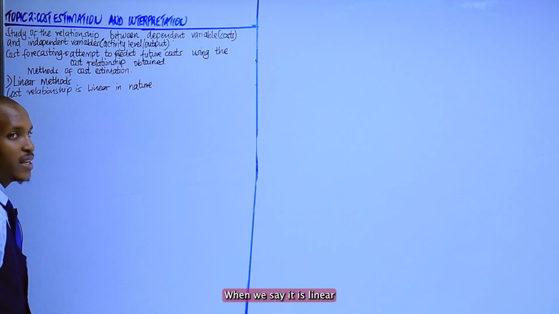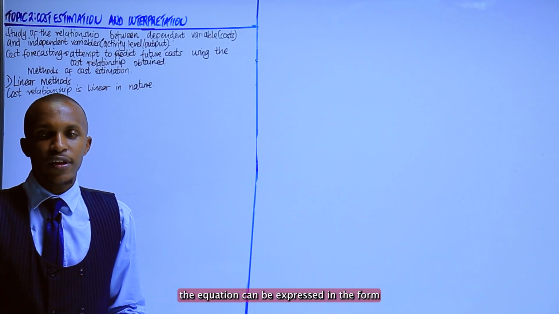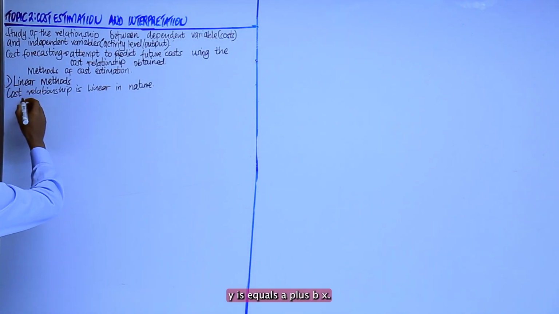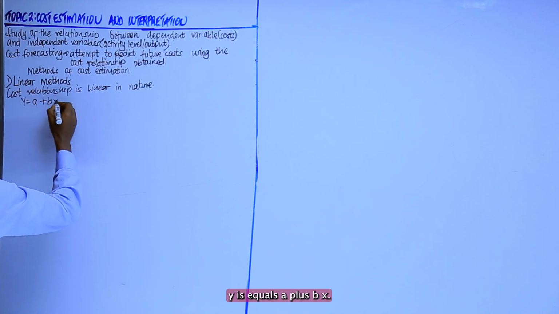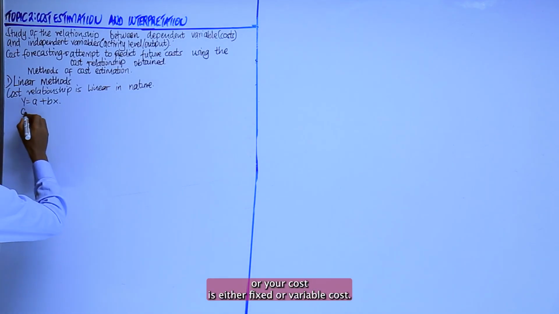When we say it is linear in nature, we basically mean that the equation can be expressed in the form y = a + bx,